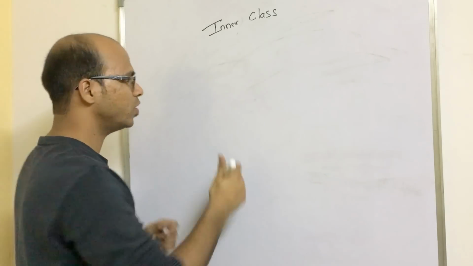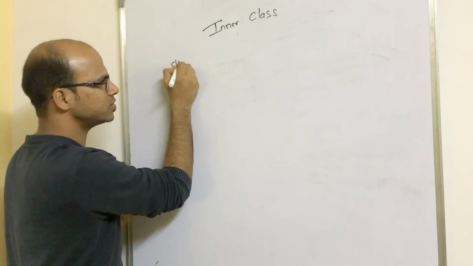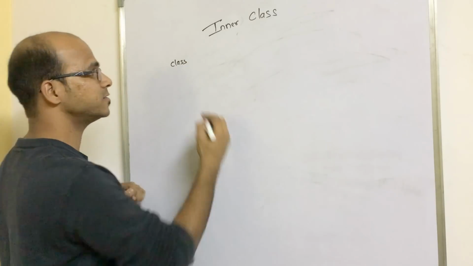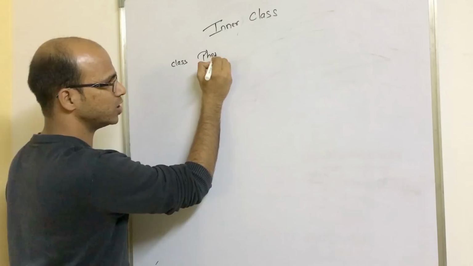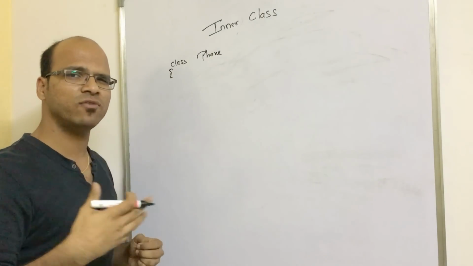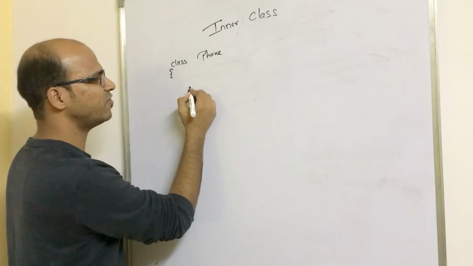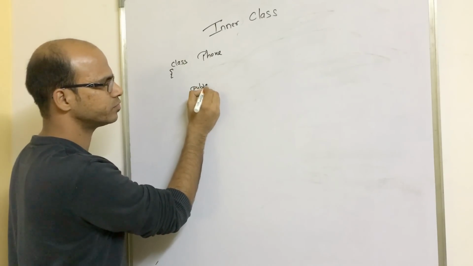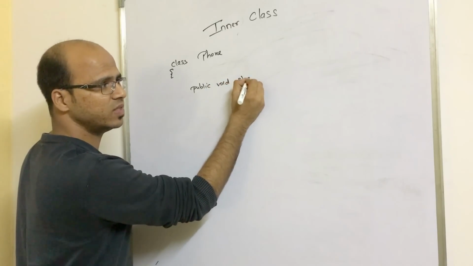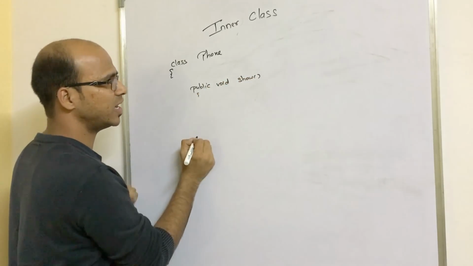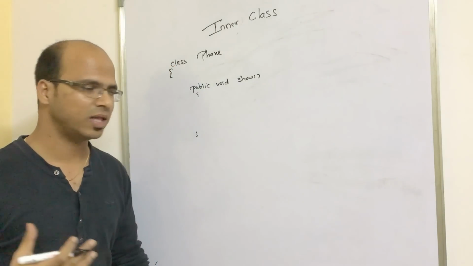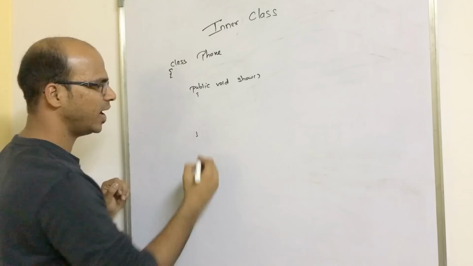Anyway, so now what we'll do is we'll create a class, maybe phone. So we have a phone class, and inside this phone class we have lots of methods, right? So let's say we have a method which is public void show. So we have this method inside your phone class, or you can say display, or you can say call. Let's imagine we have show, and this show